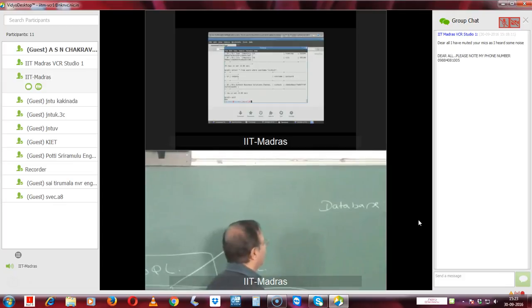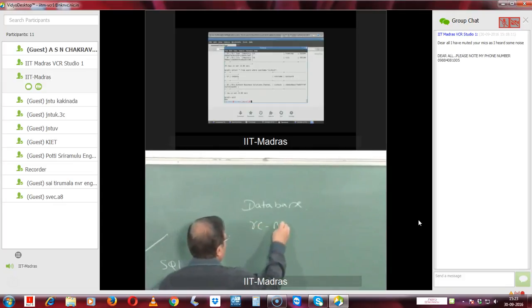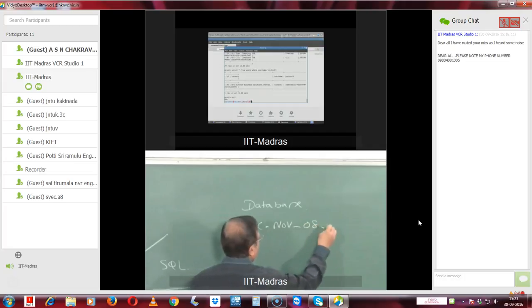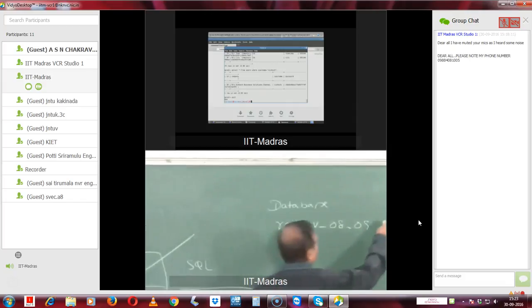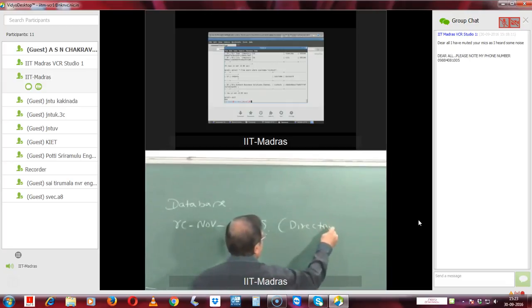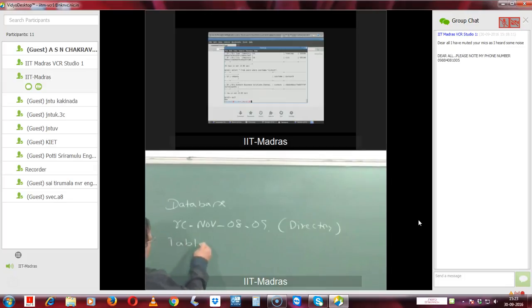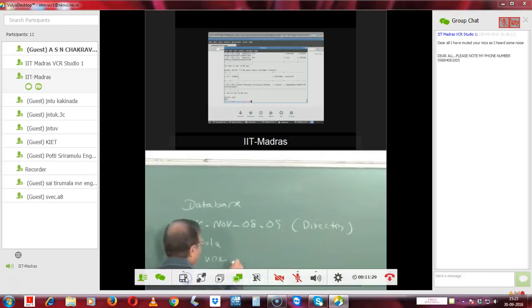for example, what is the database that we have? Let us say RC November 0809 or whatever it is. This is the database. This is equivalent to saying that this is basically a directory in the operating system. Under this, you have a table. Let us say the table is the users table. You have created a users table. When you go to this user table,